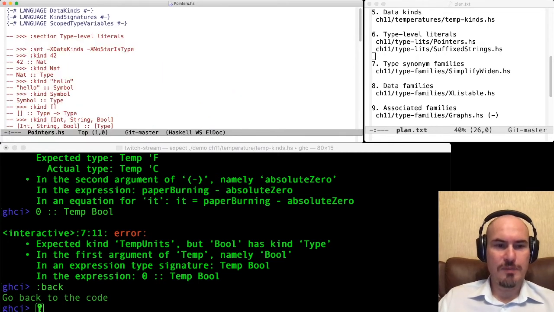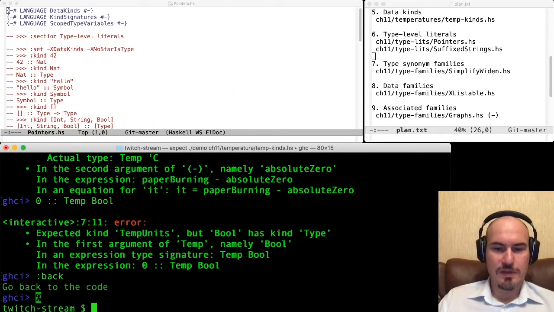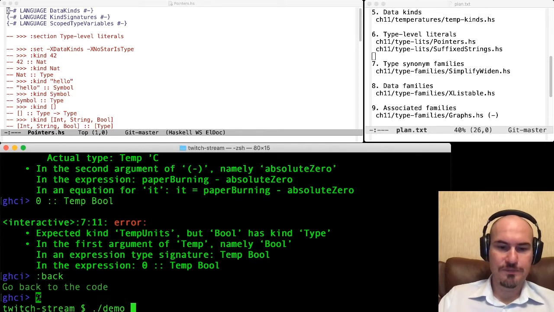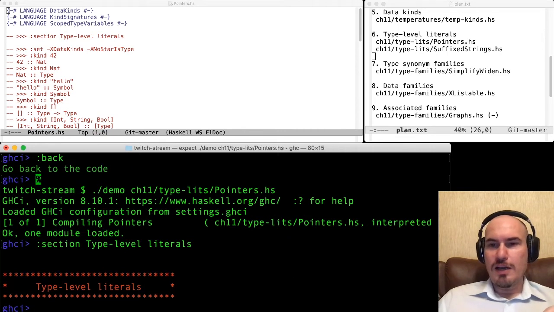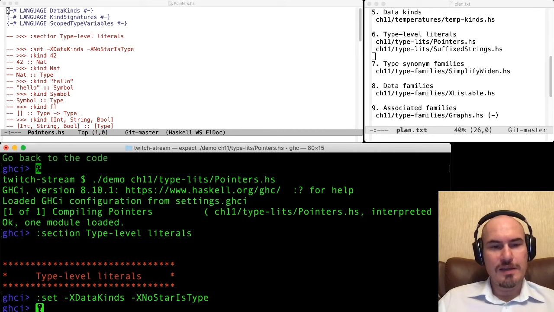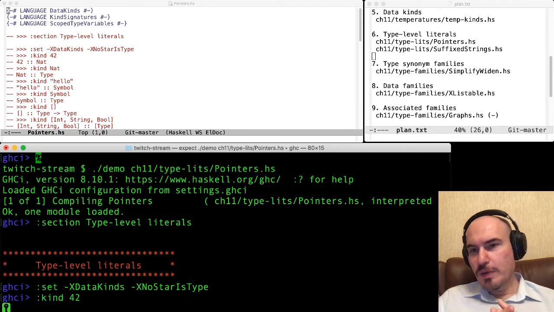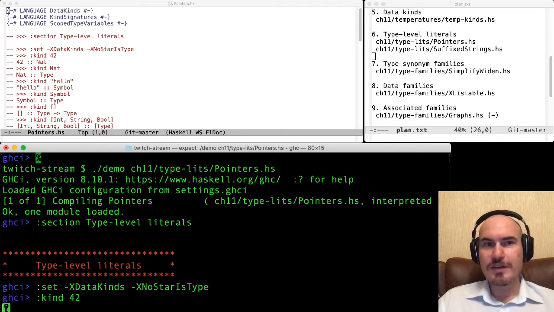Let's look at this example, and we start with the demonstration. It turns out that with these extensions, DataKinds and NoStarIsType, we can ask for the kind of numeric literals.